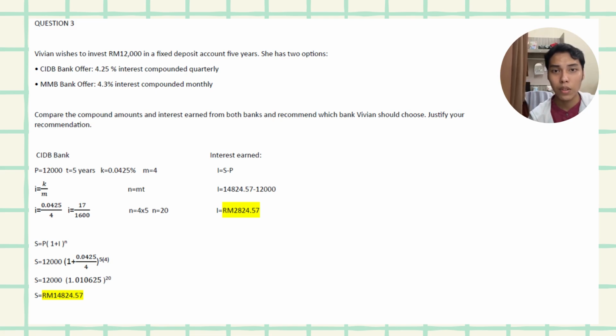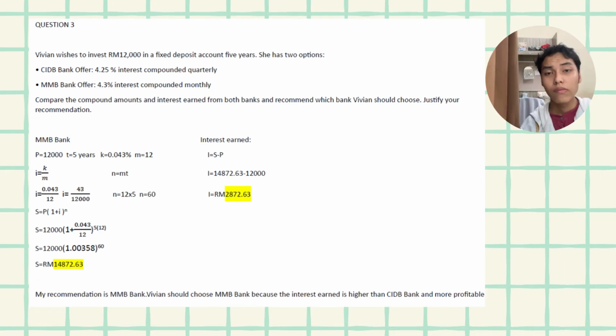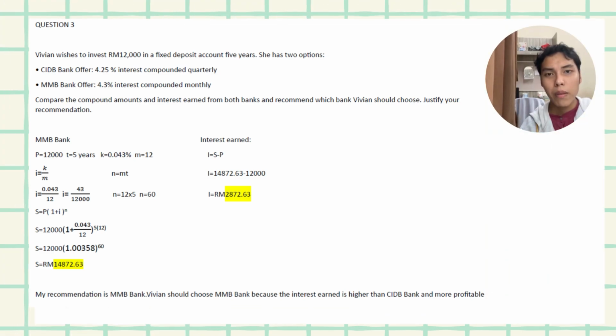And then for interest earned, we use the formula capital I equals S minus P. Capital I equals 14,824.57 minus 12,000, and the answer is RM2,824.57. Next, for MMB Bank, we also get i equals 0.043 over 12, and we just use a similar compound interest